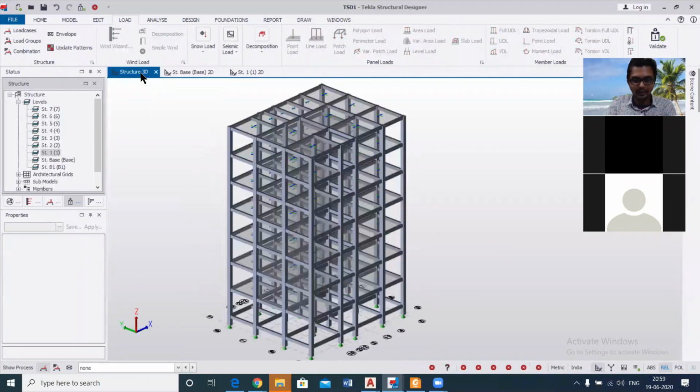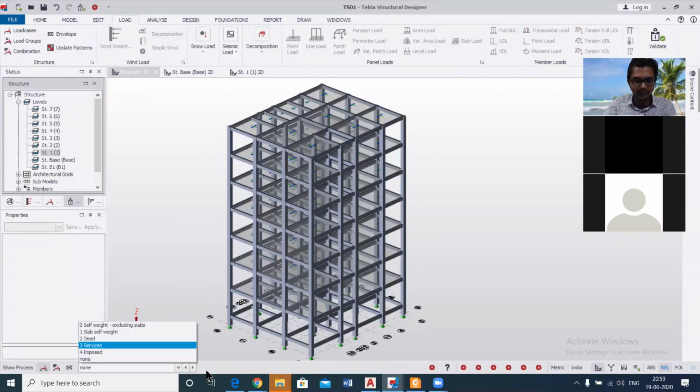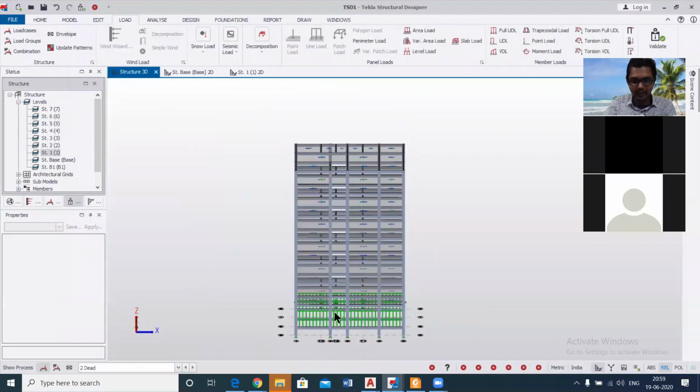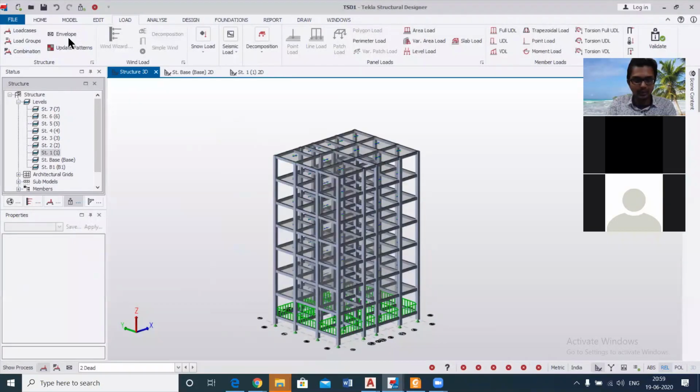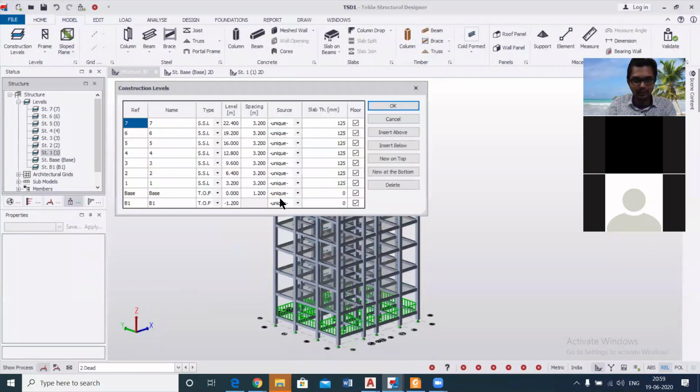So as you can see, the dead load has been applied, and now you can copy the dead load to all the floors. For copying the dead loads, the process will be the same. You go to the model, go to the construction levels, and then we'll just copy the dead load to all the floors.